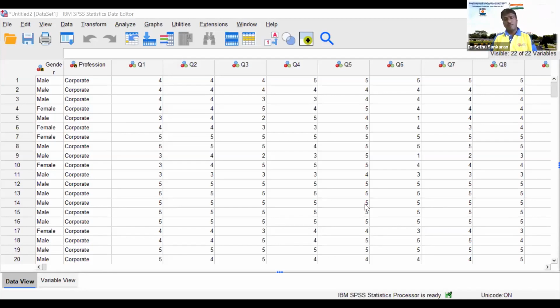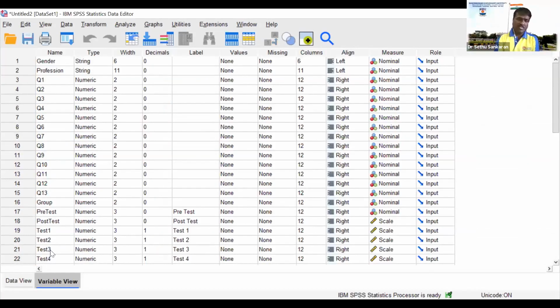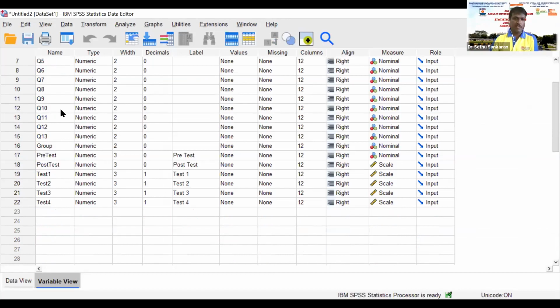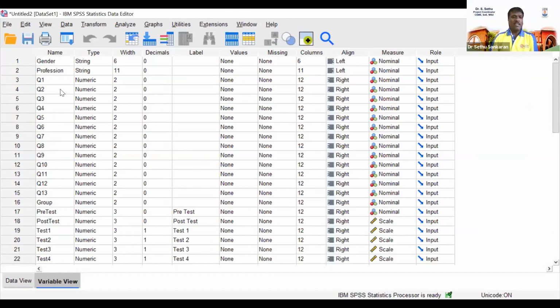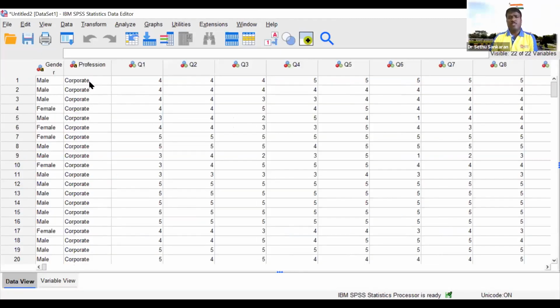You can copy and paste it, but while you copy and paste, you won't get the labels. So you have to type all these labels again if you copy and paste the data from Excel. If you import from the Excel, automatically you will get these titles, so you need not type again. Okay, right. That's all. Then first step. Here in column 1 and 2, it was given as a string.